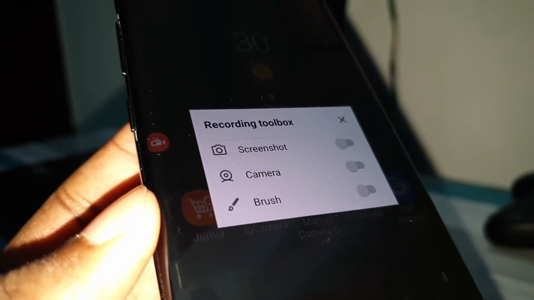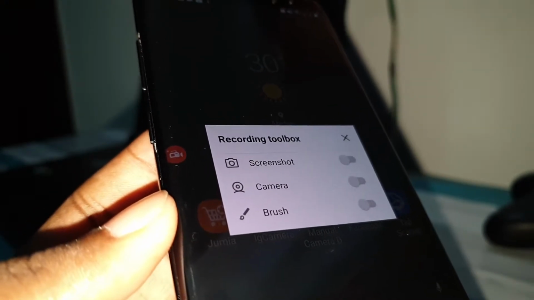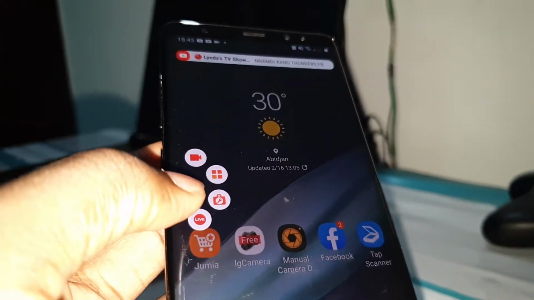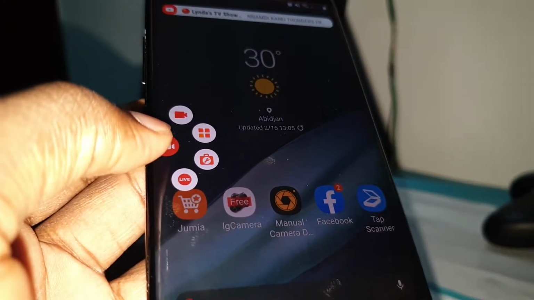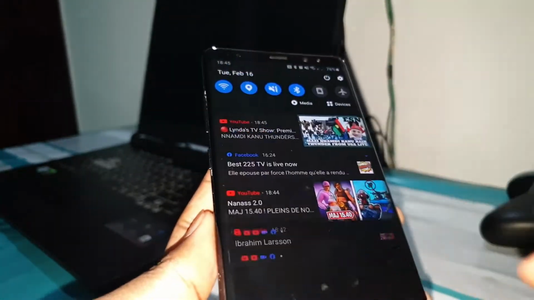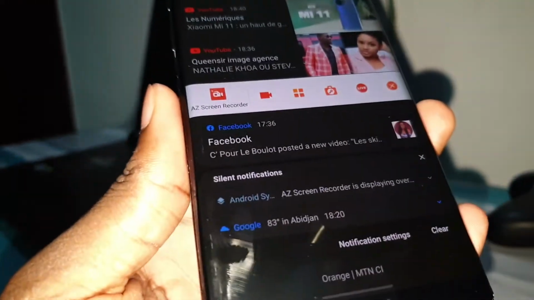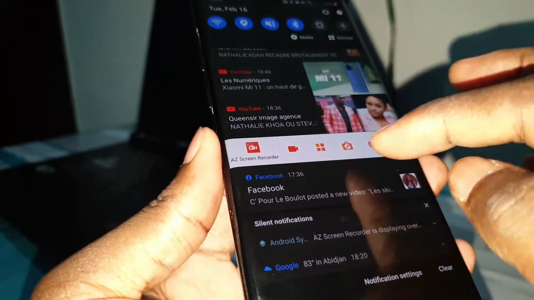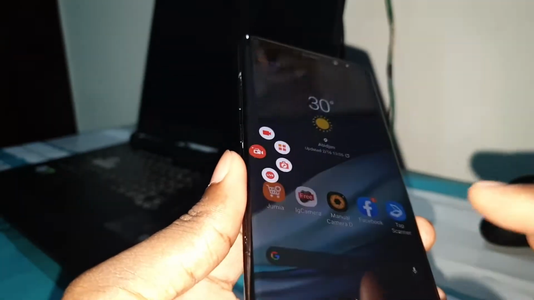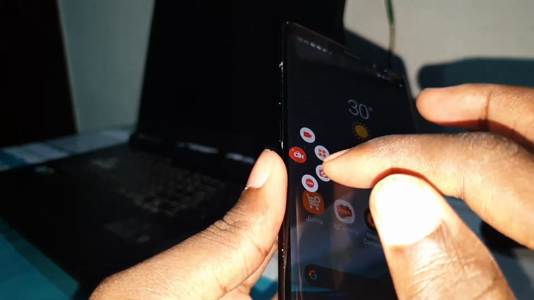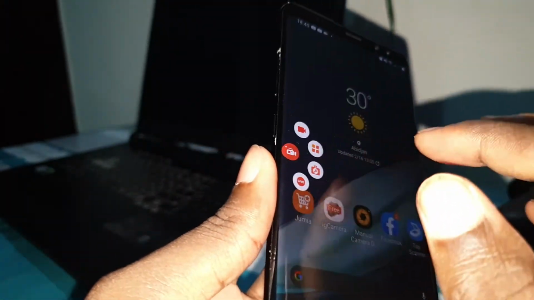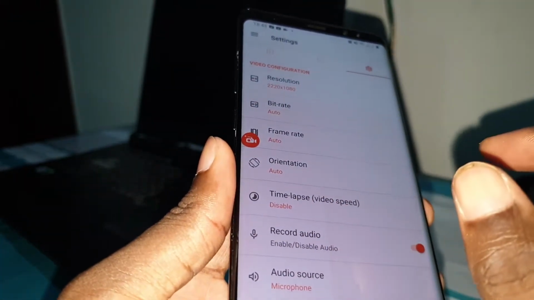You can enable what you want: screenshot, camera, brush, whatever you want. There are so many features, but what I use is just this to record my screen. The new feature inside is this, and the new resolution.